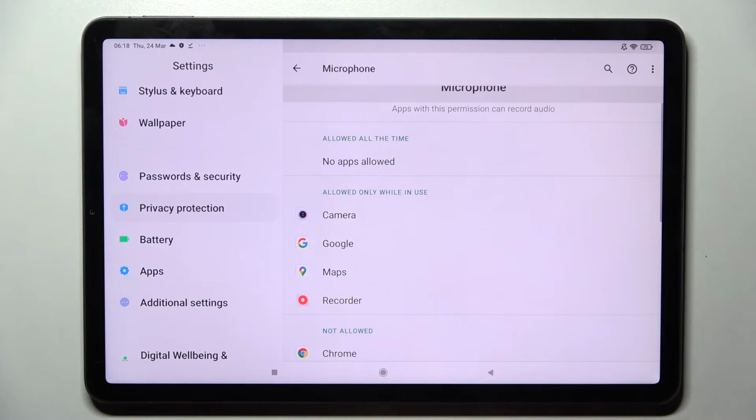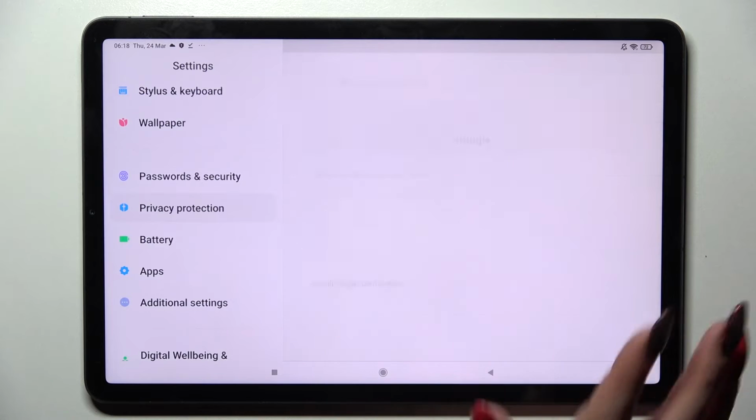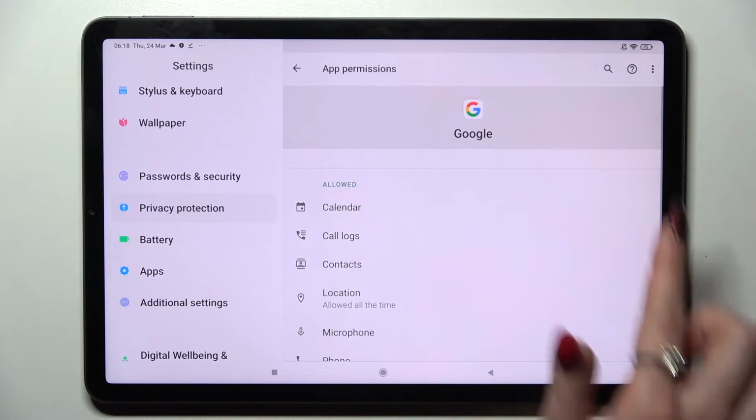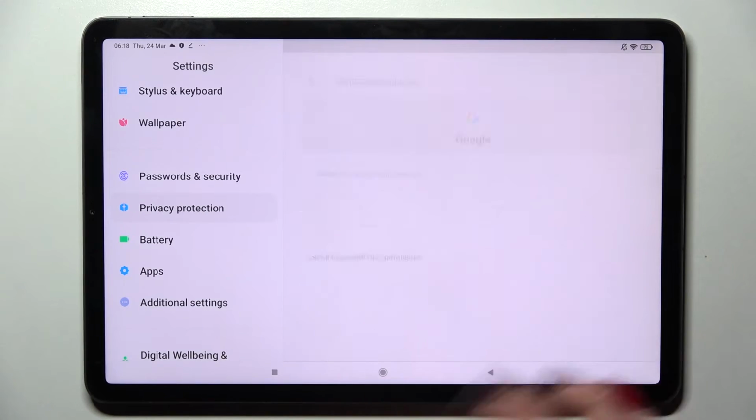gain access to this device location, so there a microphone if I'm using it. But you can also just click on one of your apps like Google, select See all Google permissions over here and manage all of them only for this app